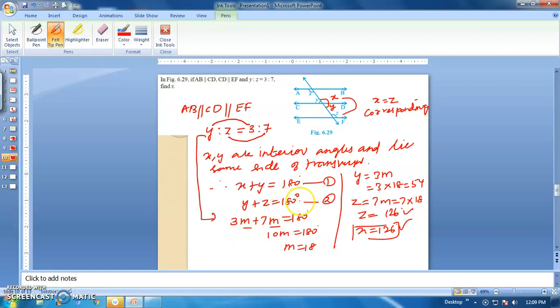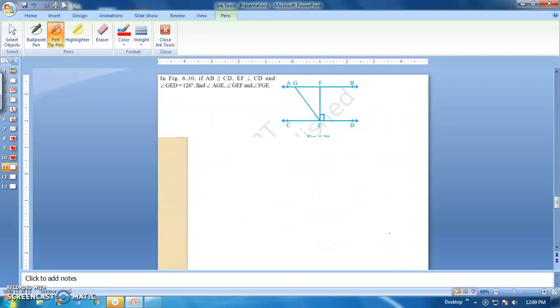And I substituted in equation number 2 here. That's why 3m plus 7m equal to 180. Therefore, when we add these two, 10m equal to 180. Therefore, m equal to 18. And if you want to find the y value and z value, you can substitute in the ratio. So 3m means y, so I multiplied m by 18. And 7m is z, so I multiplied with this one. So x and z are the same. Therefore, the value of z is the value of x here. Okay. Look at the next example.